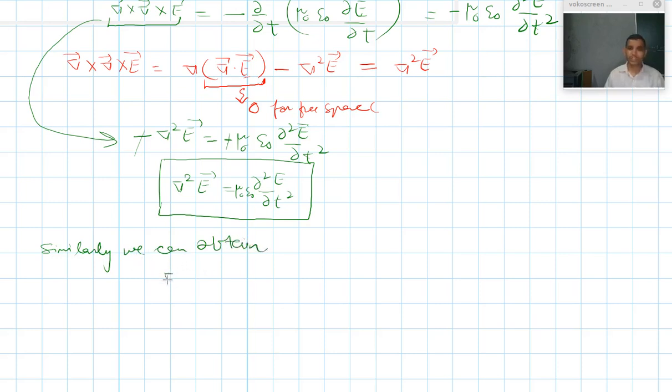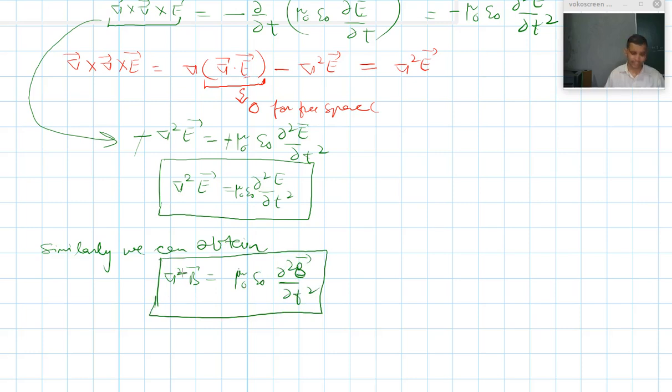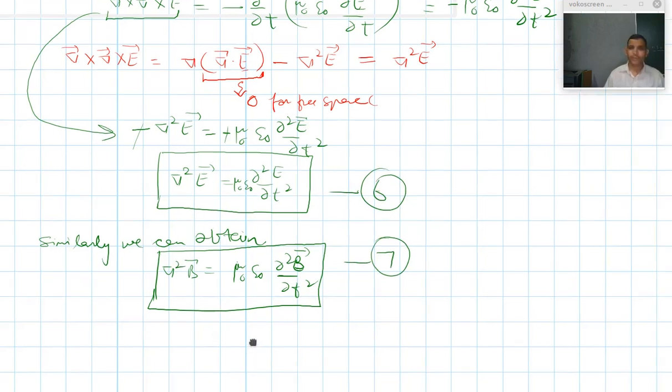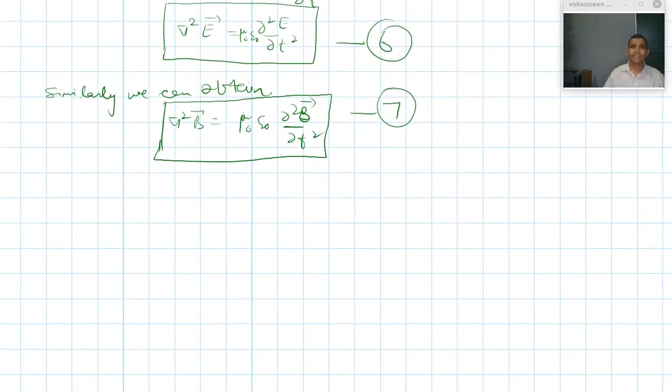And that equation is del square B is equal to mu naught epsilon naught curly square B over curly t square, right? So this is the second equation which we are getting. So let us call it equation number 6 and equation number 7. So equations 6 and 7,